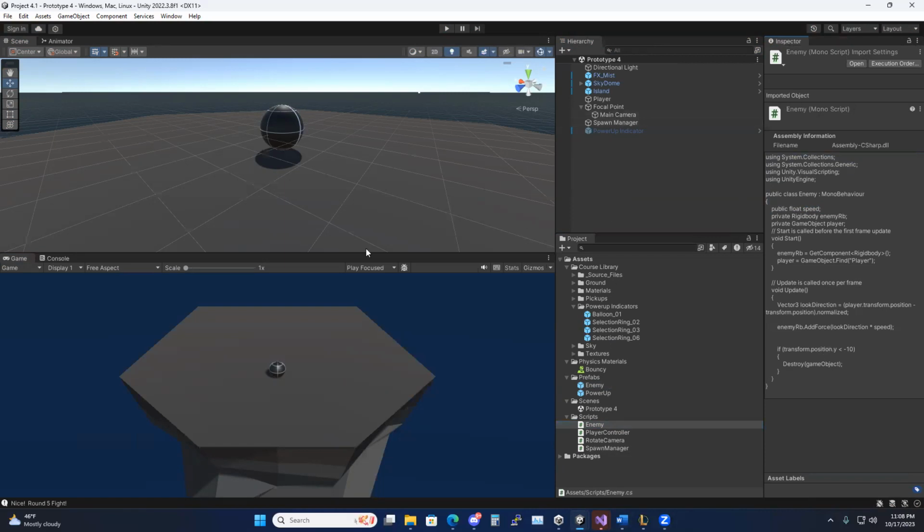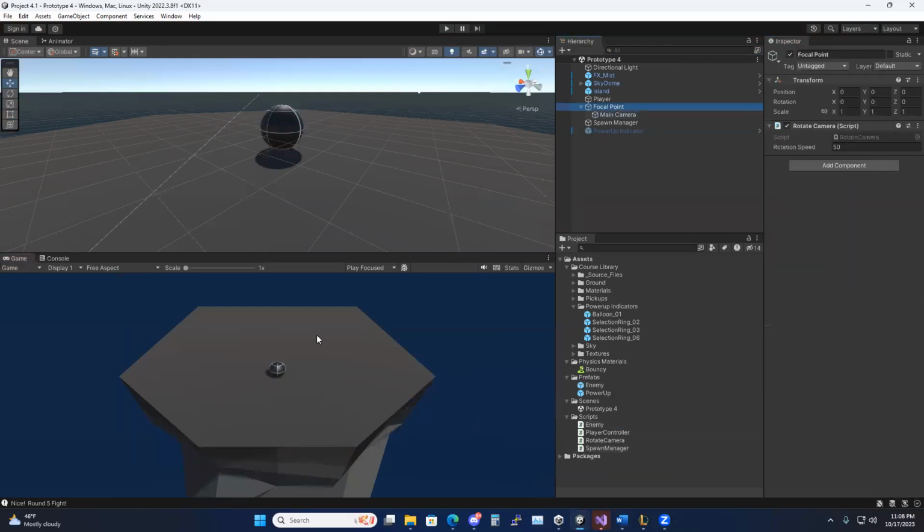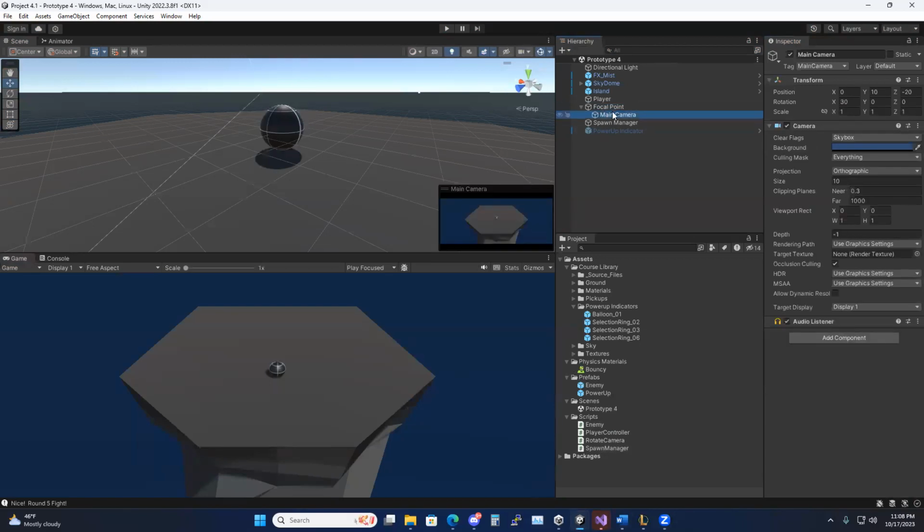Let's see, what else could we do? Oh, the focal point. This one is rotating around the platform itself. So we made a focal point and we made the camera a child of the focal point. So that way, we were able to move the camera around the focal point with our button